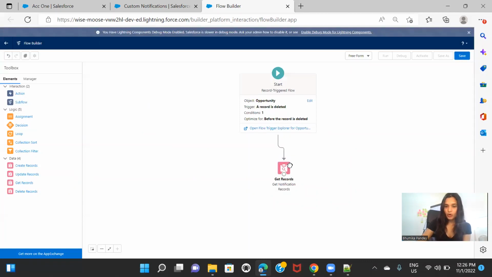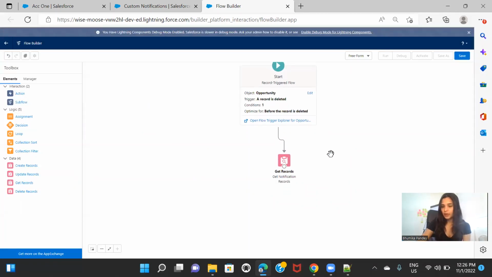All right, now what do we want to do? Once we get the notification, we want to check that when the record is deleted, we want to send out the notification, right? Now, as you have the custom notification, now you have to also get the recipient IDs, right? So I want to show you something. Let's say if